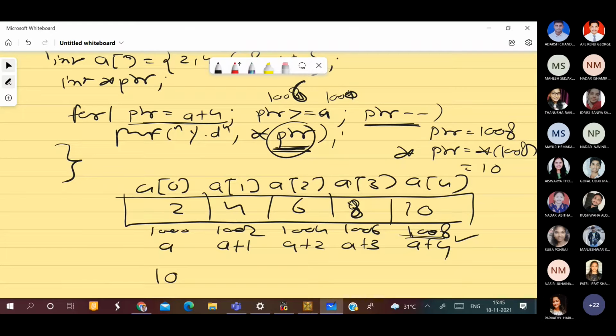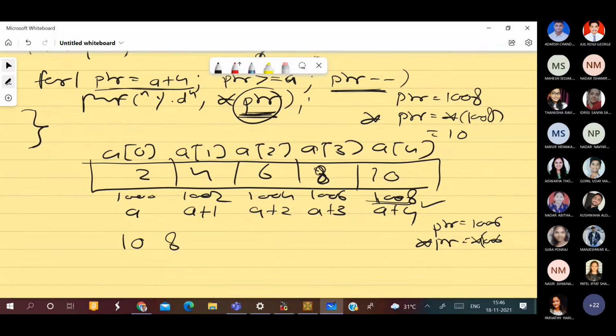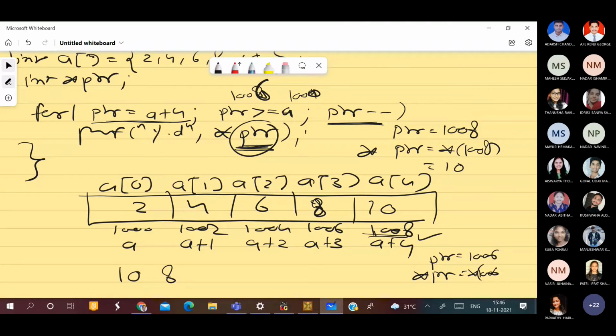Is it greater than 1000? Yes. So what is PTR right now? PTR is 1006. What is star at 1006? 8. So my next output is 8. Now again you subtract, PTR minus.